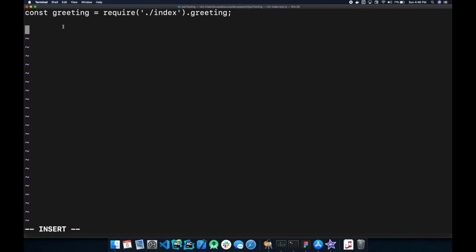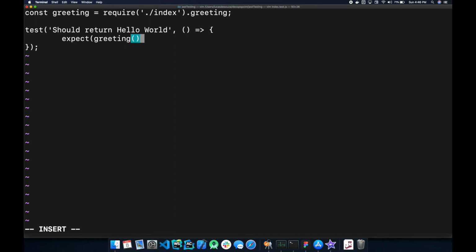Next, we're going to create our test. Tests are going to always start with the test method. The very first parameter is going to be a description of your test. So I'm going to say should return hello world. And the second parameter is actually your code for the test. Put some code in here. And this is going to be very simple because the code we're testing right now is very simple, just to see the test run. So we're going to expect